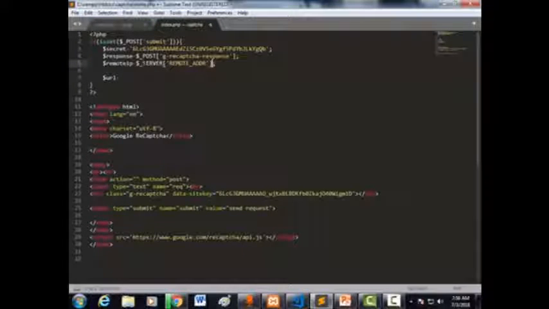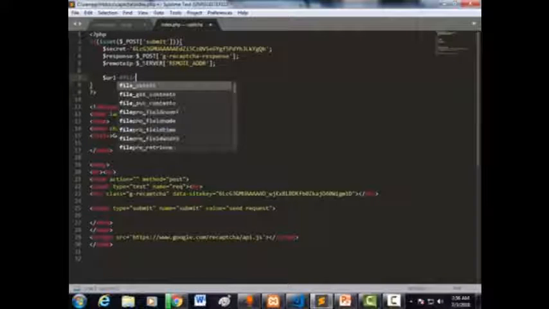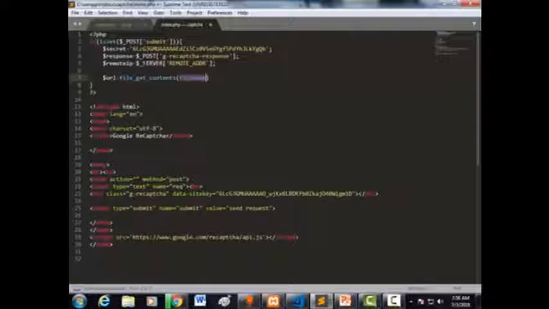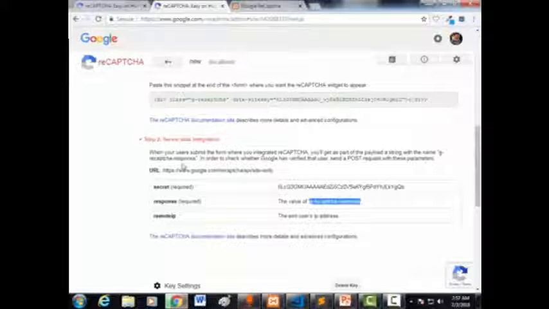I'm basically making this video on the basis that you have some basic knowledge of PHP. Then I need file_get_contents, and then for this move to URL, select this URL, Control C and